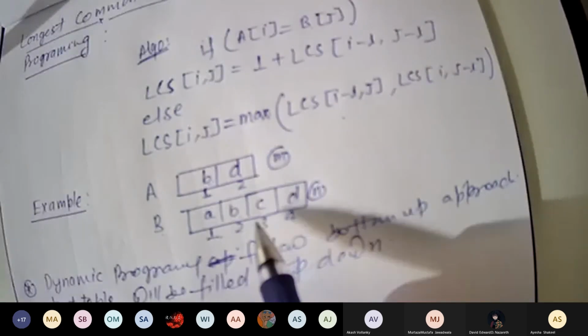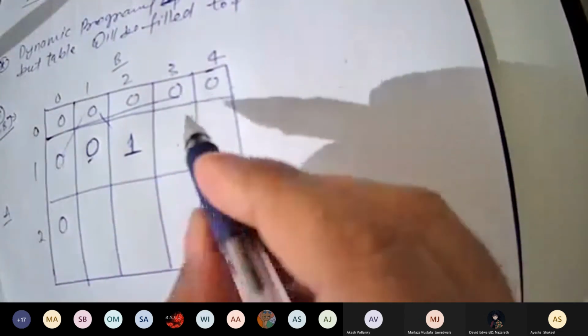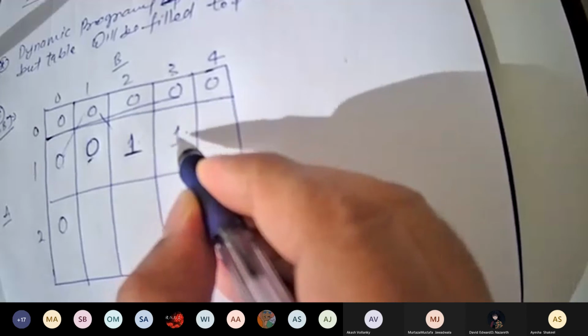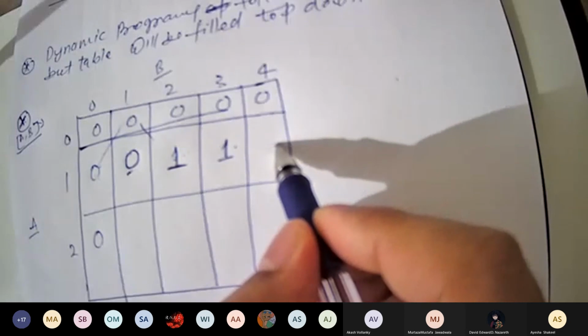No. So what will we do? Max of this and this. That is 1. A1, B4.